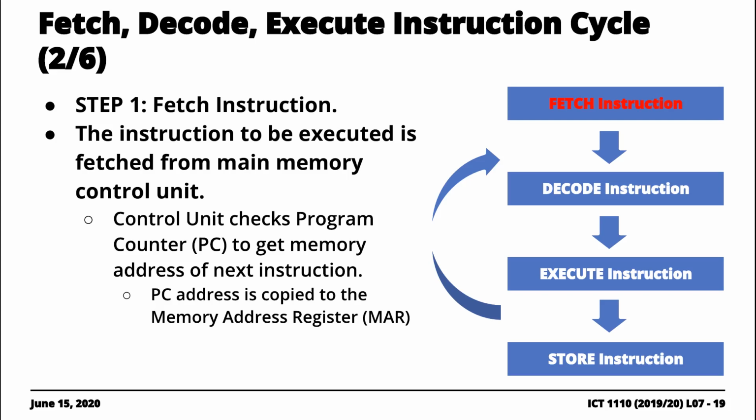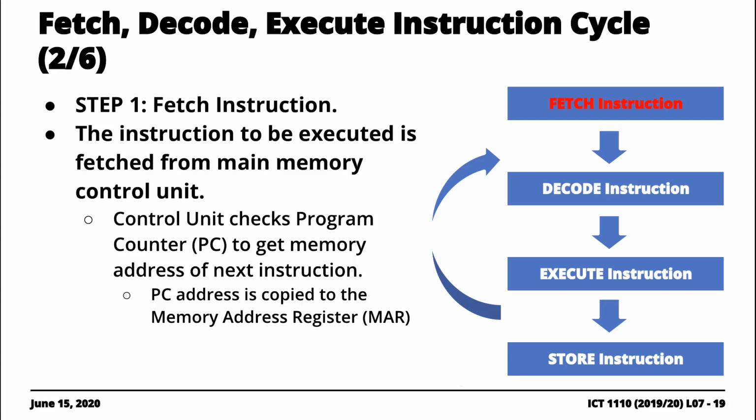And reading the previous lecture series, we introduced the special purpose register referred to as a program counter, which keeps track of the next instruction to execute. And so effectively what the control unit does is it will constantly check, in each cycle, the program counter so that it gets the address of the instruction that needs to be executed next, right? And so during this fetch, step number 1, obviously the control unit will check the program counter for the next instruction. And then the address that is in the program counter is going to be copied to the memory address register